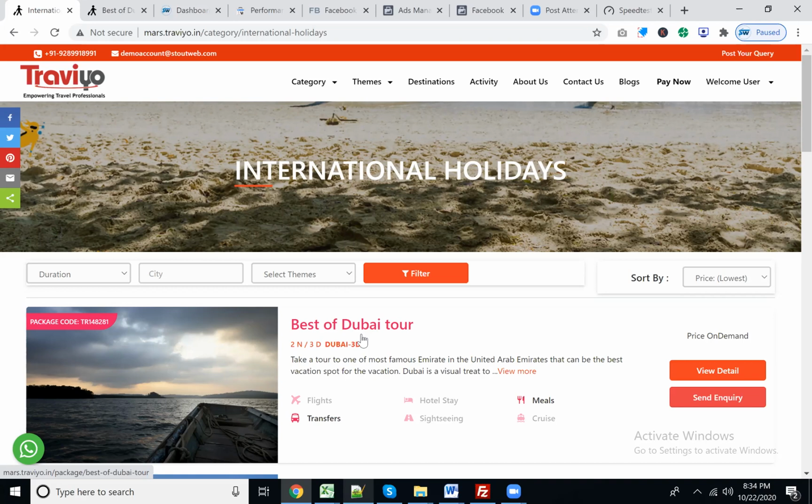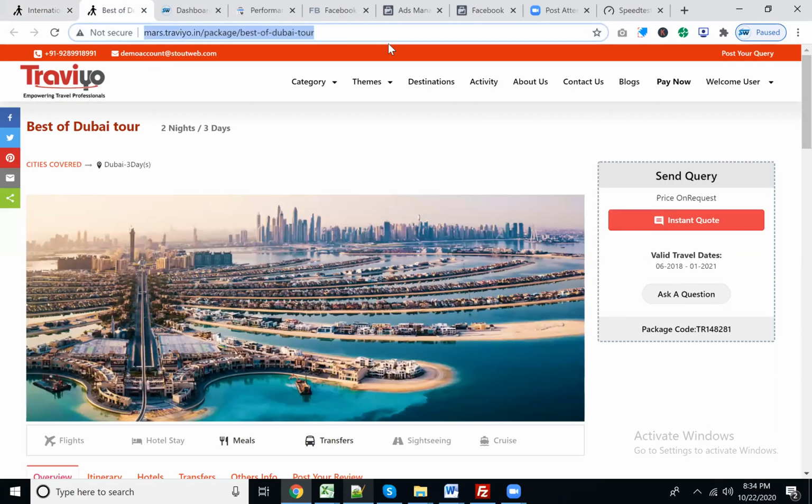Once Google finds your robot.txt file, inside it you must update all the landing pages that you have created. So when you update a package, you are not only updating a package on your website, you are creating a landing page. Once you create a landing page, your first task must be to add that landing page to your robot.txt file. So this is exactly your landing page. And always remember, I will show you how to share the title tag, the meta keywords, and the meta descriptions, what the title is, and what the benefits of the title are.